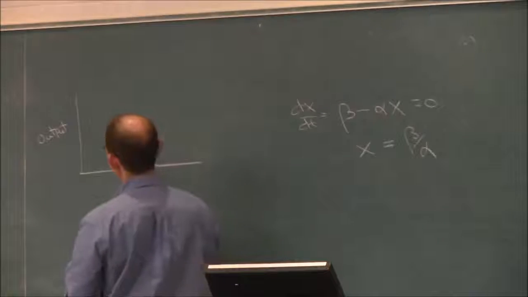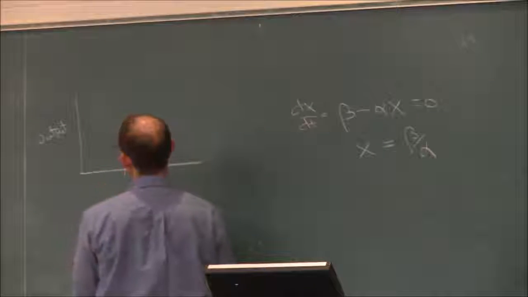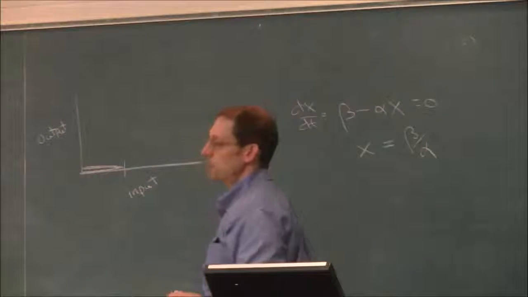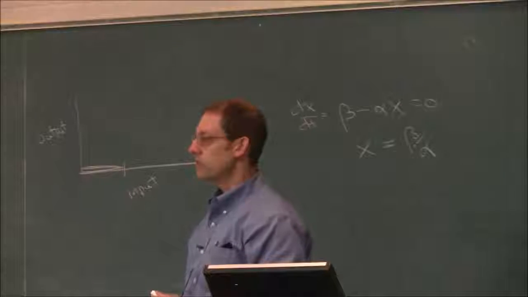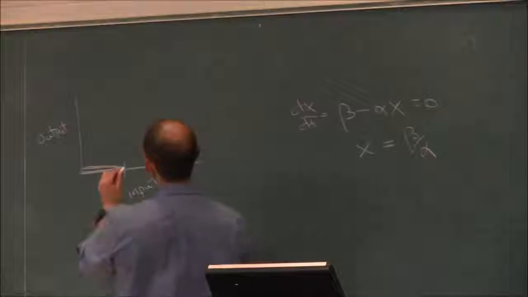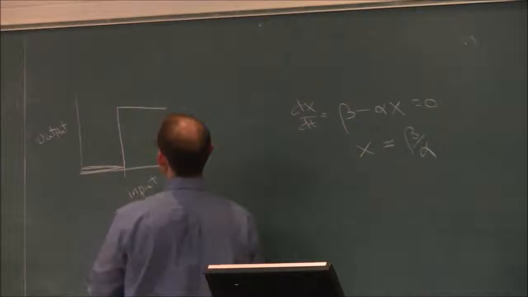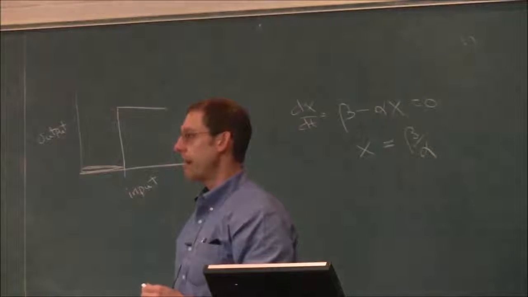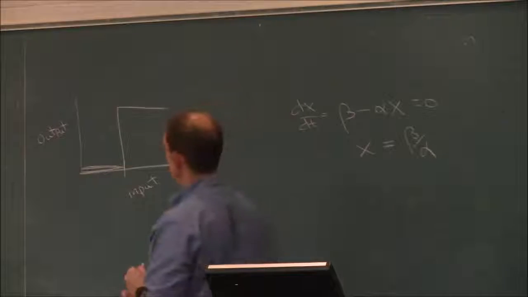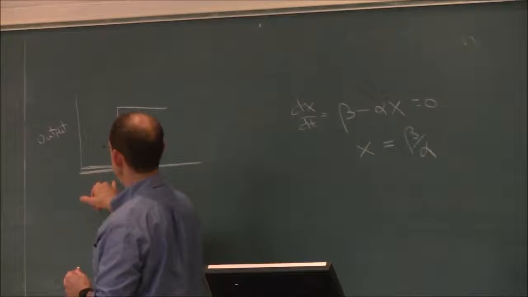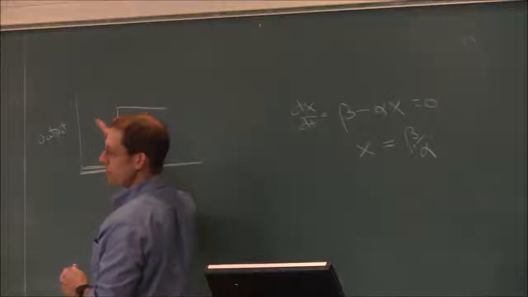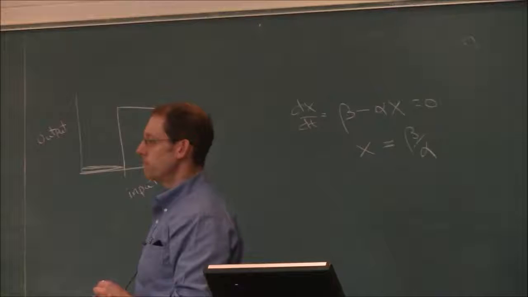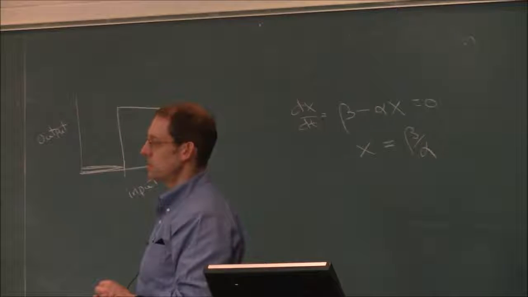What happens in cooperative systems is that in the ideal case, there's a threshold: if the input is below threshold, then there's no output. If the input is above threshold, then there is an output, and often in an idealized system, the output saturates. So you go from having zero output to full output with a very sharp transition. That is an idealized cooperative system.